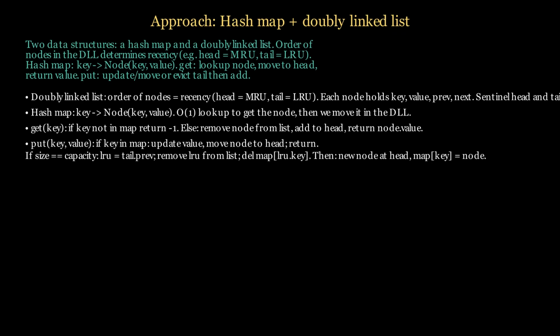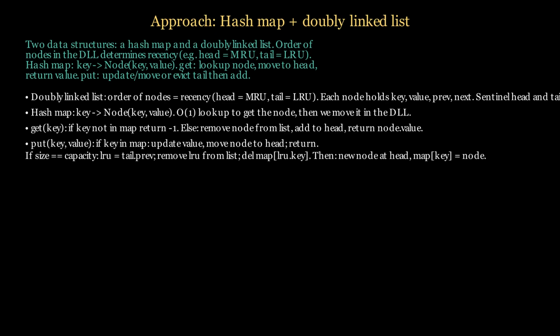We have two data structures, a hash map and a doubly linked list. The order of nodes in the DLL determines recency, head is most recent, tail is least recent. Each node holds key, value, previous, and next. We use sentinel head and tail nodes. The hash map maps key to node, so we find the node in O(1),